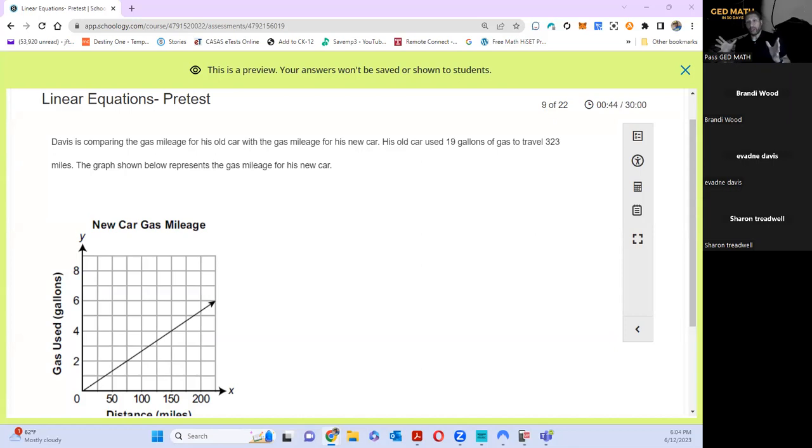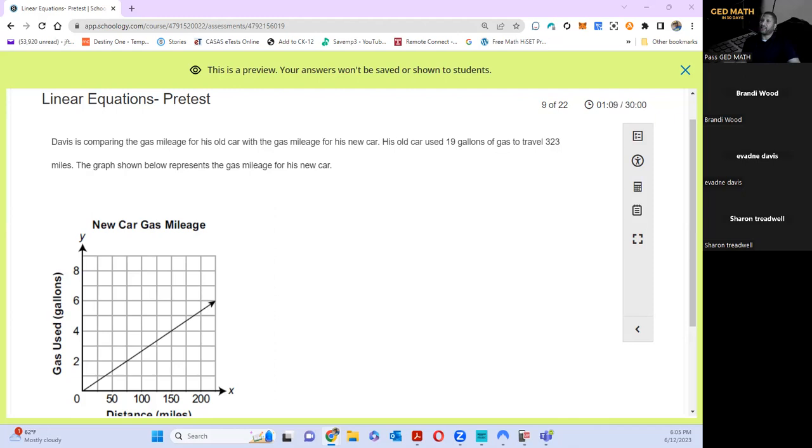Again, one of the areas that the GED wants is to compare two sources. They might give you a table, a chart, or an equation; they can give it to you any way. What you have to do is look at it, understand what's given to you, and then compare it. So in a question like this, it says Davis is comparing the gas mileage for his